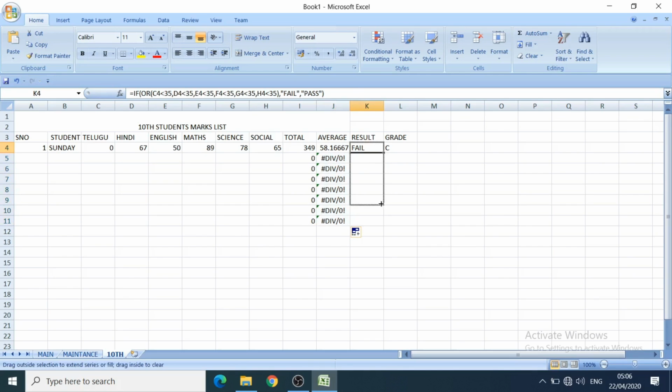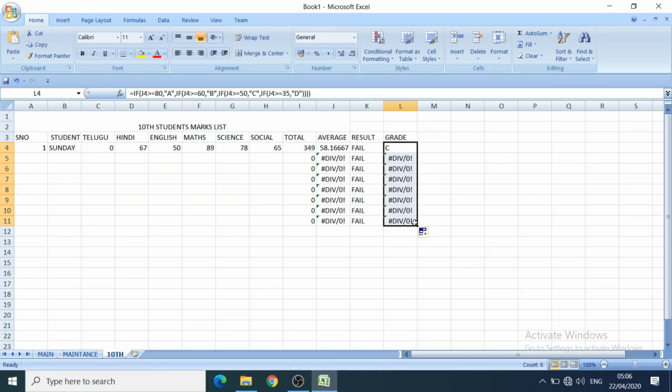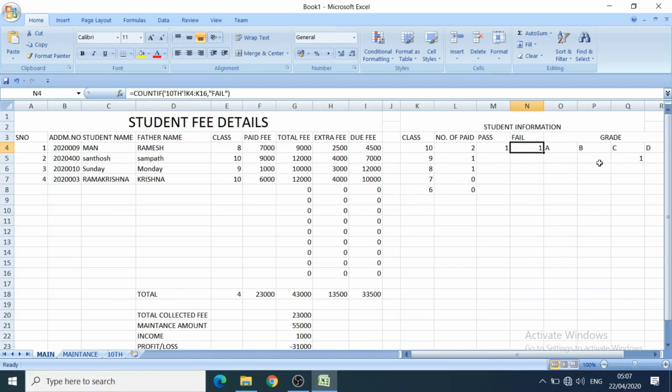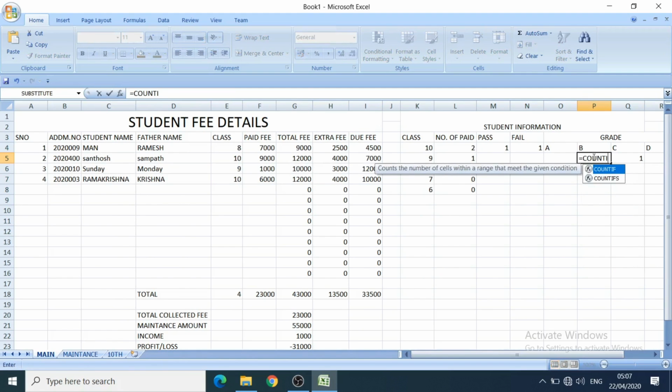It will be there like that only, because taking 0 is also fail. Now we can see the second person will be there. I am taking the student name, Telugu marks 90, 89, 78. To display it, in B grade we have to write the COUNTIF formula.